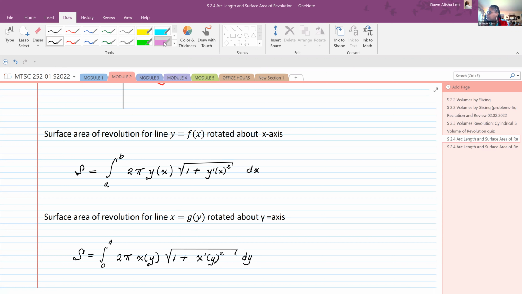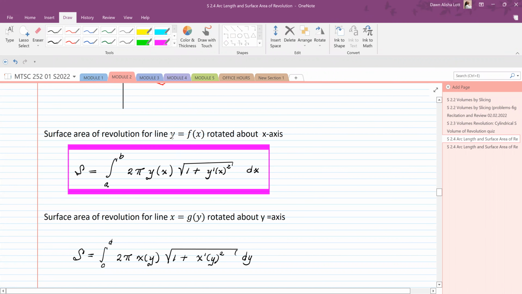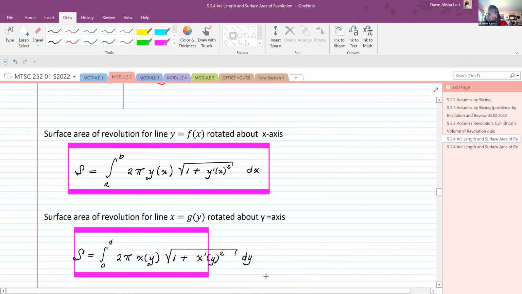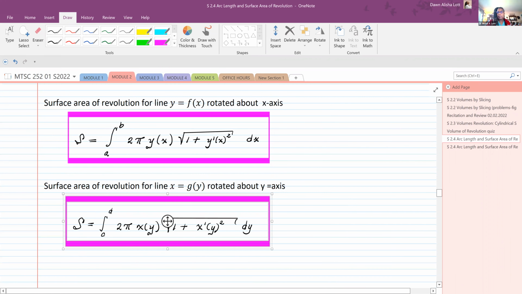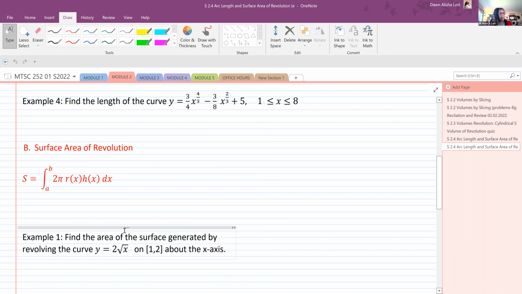So these are our two formulas that I'm going to highlight that we're working with. Here's the other one. I will highlight it. We are working with these two formulas. Okay. All right. So our first problem is